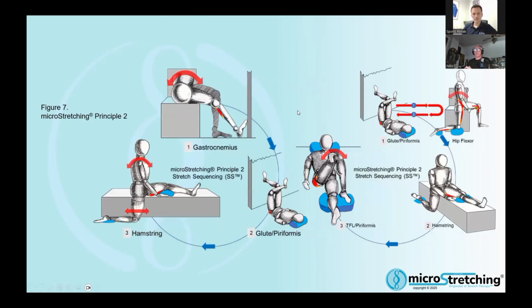The second principle looks at stretch sequencing. And what do I mean by that? The ability to create a scenario where you're stretching the muscles more effectively. So, for instance, if I wanted to stretch my hamstring, being the third stretch in diagram one, I would first